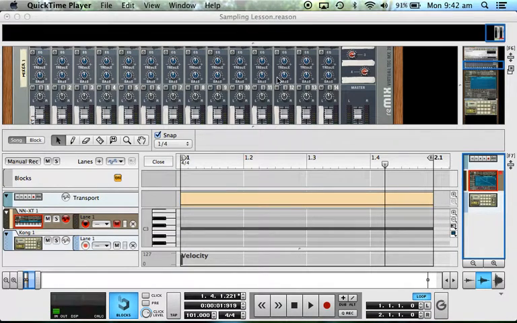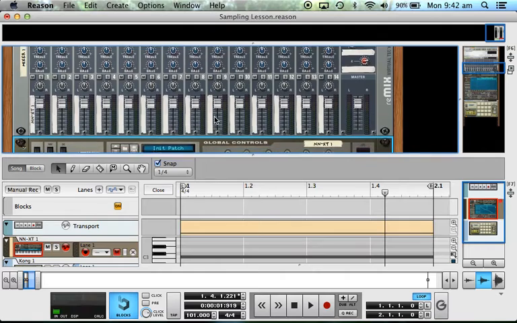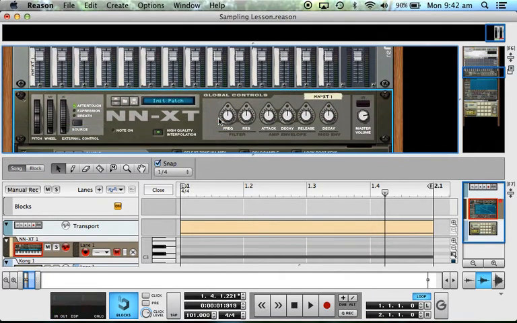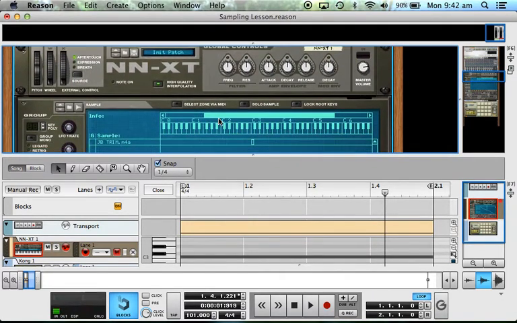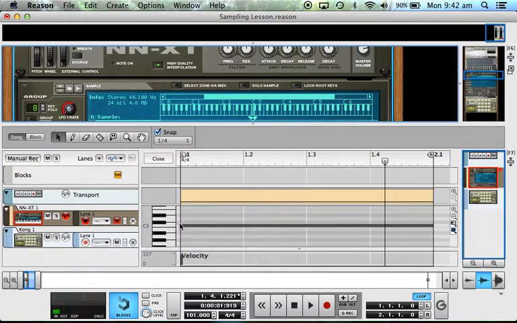Okay, so welcome to lesson 2 of sampling with Reason. In lesson 1 we added a mixer so that we could mix all of our sounds together and control the volume of them. We added a sampler so that we could add our own sound. We took a sound off YouTube, put that audio from that video onto one key of the piano, and we trimmed it. We perfected where that sound started so that when I pressed that one key, the middle key of the piano,